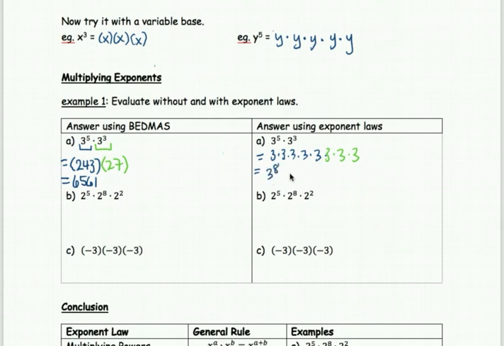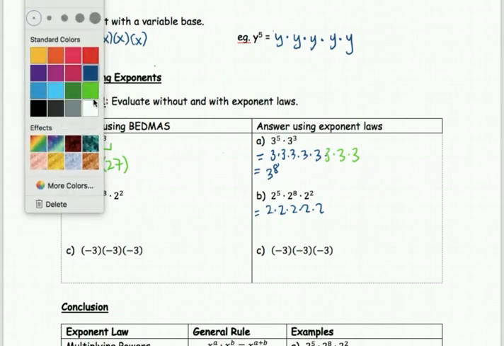Okay, all right, so from there, you're supposed to make the connection that you had 3 to the 5 and 3 to the 3, right? So if you wrote them all out, you end up with 3 to the 8. So even if we try this one down here, if we wrote out 2 5 times, and then we write out the next one 8 times,